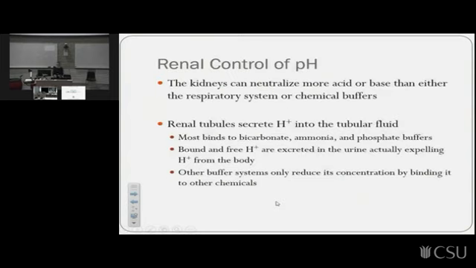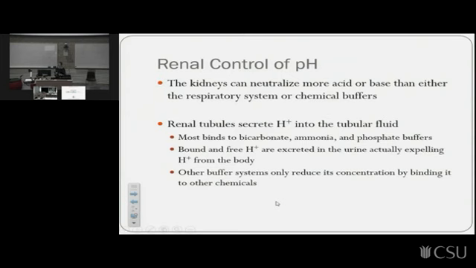So, the renal control of pH. The kidneys can neutralise more acid or base than either the respiratory system or chemical buffers, but again this happens at a slower rate. In the renal control in the kidneys, it can take a couple of hours or up to a couple of days. So the renal tubules secrete hydrogen into the tubular fluid, which binds bicarbonate, ammonia and phosphate buffers,